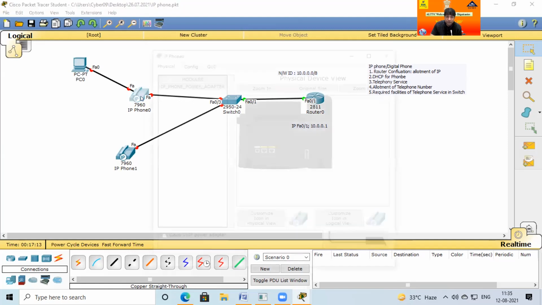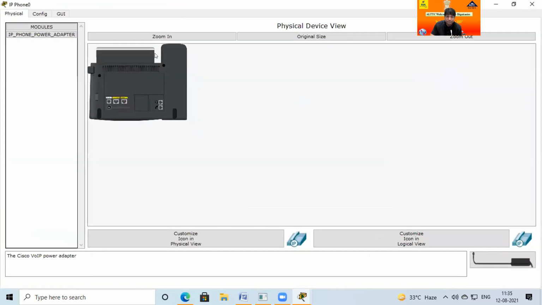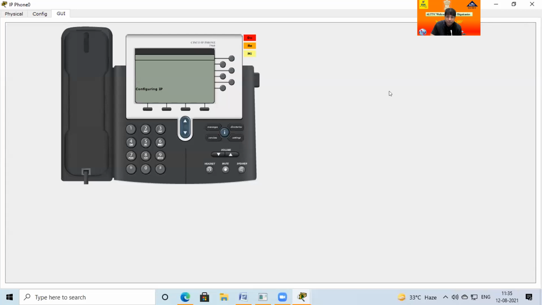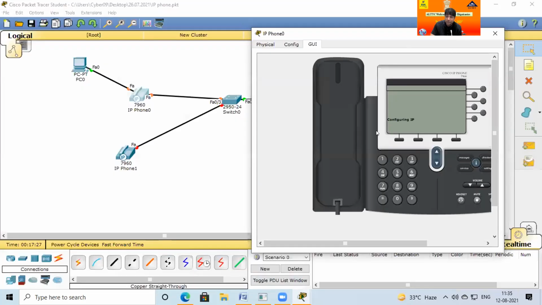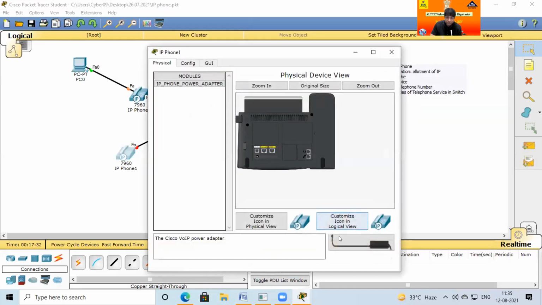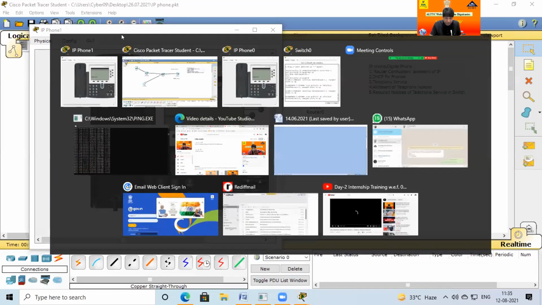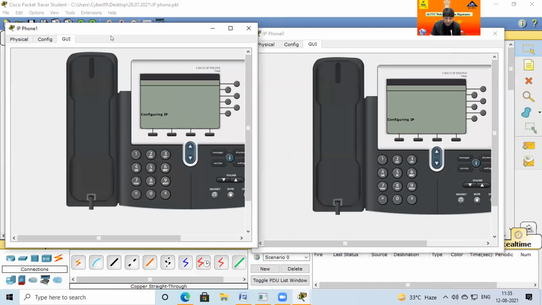Just click on this computer. This is the back side. I want to supply power for this, just the adapter. Put it here and go to GUI. So this is now the front of this phone. This is the first phone, and for the second phone, same, put power here and go to GUI. With the help of the tab button, I bring up both telephony systems.